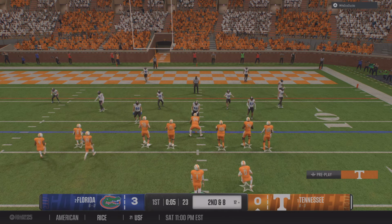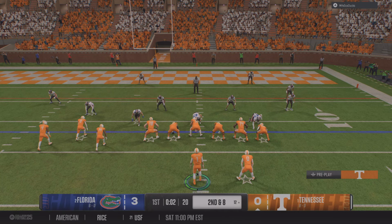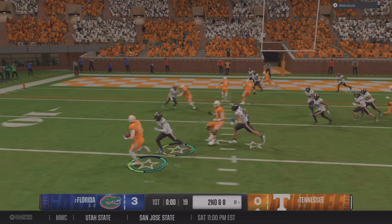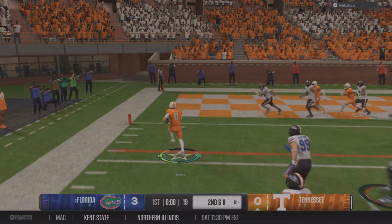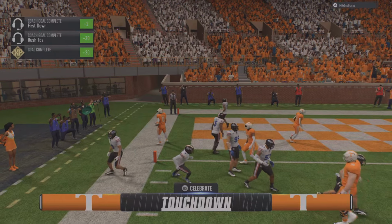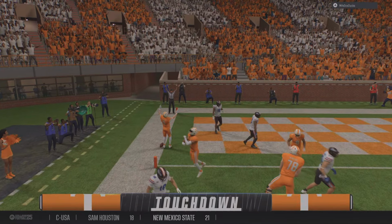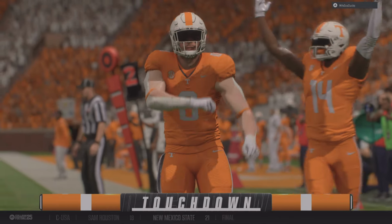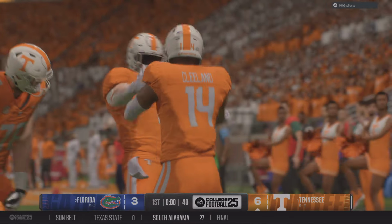Getting set. Here's second down. Handoff here from the shotgun. And he gets to the end zone. Touchdown, Vols. They were backed up to start the drive, but some bold play calling, great execution, and reach the